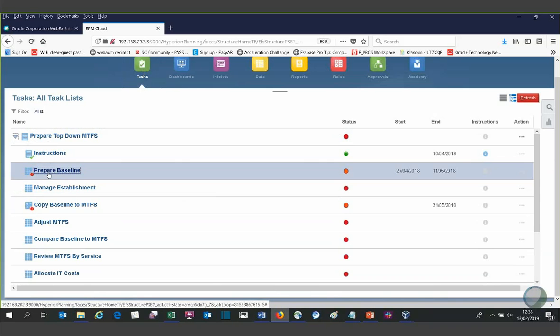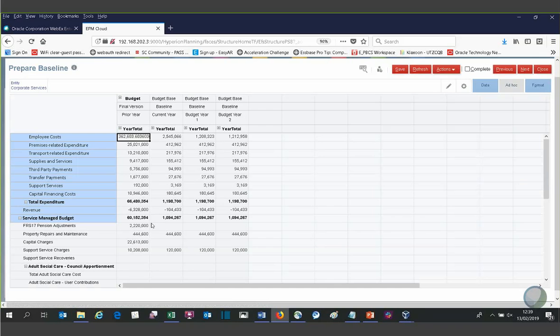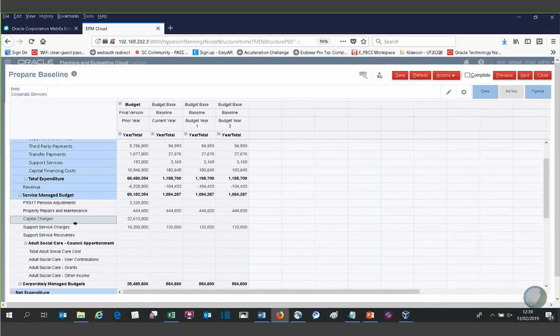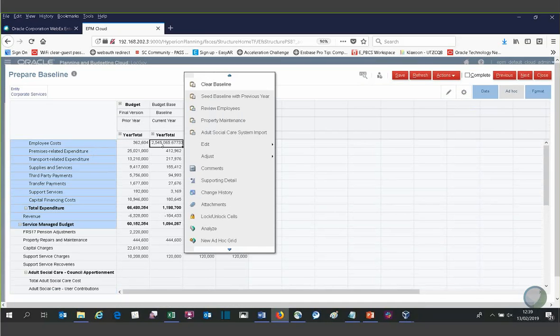Go to my prepare baseline area, my simple form, where I was able to get across my ways of data entry. And we looked at the fact that the property repairs and maintenance account code had activity behind it. Also, employee costs would be an area where you might want to be able to look